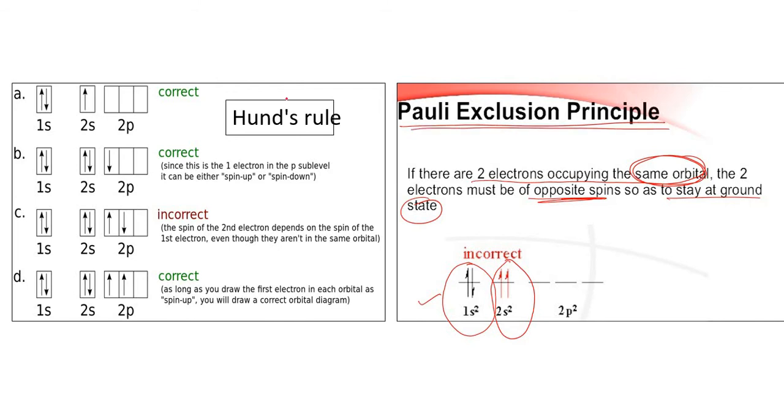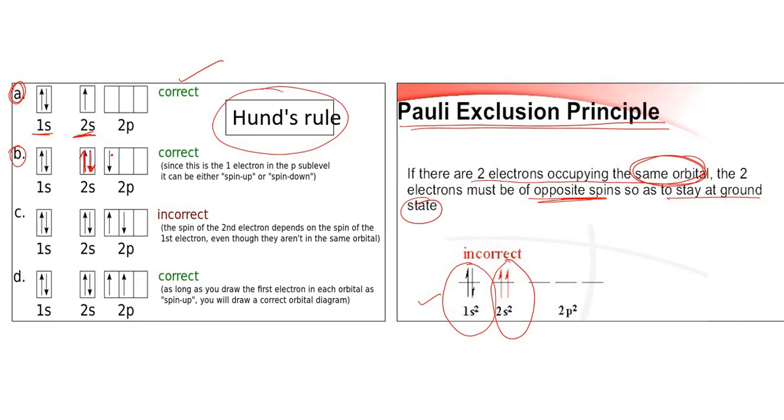Coming back to Hund's rule, pairing up of electrons takes place only after all the available orbitals are completely half filled. That is the importance of Hund's rule. So here you can see, in example A, 1s is already filled. Next comes 2s, and that is the correct method. Similarly in the case of B, after 2s filling with opposite spins, first one is like this, followed by the opposite spin.